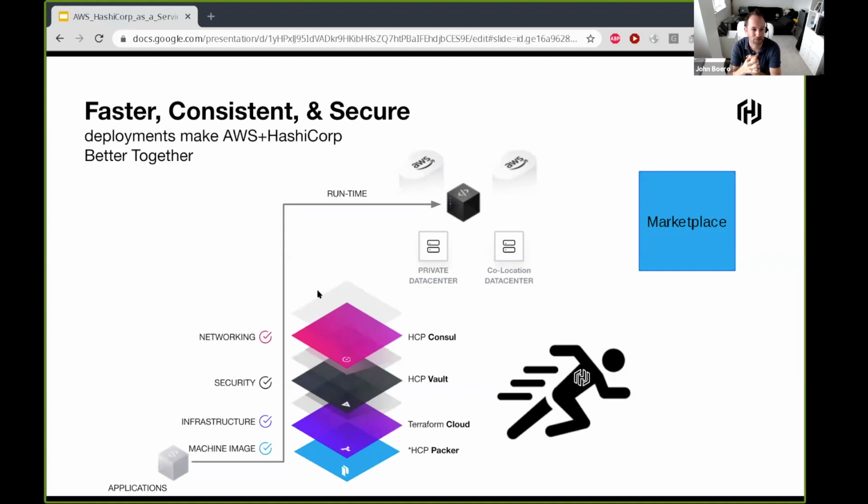So if you have ever used a PAM solution for privilege escalation, like give me access to this resource for half an hour, those are often targeted at IP addresses and finite resources that are traditionally defined in a data center, right? Boundary is great in that it gives you the flexibility to say, give me access to this cloud resource. Let me authenticate by an external method, and then give me access good for half an hour. This applies to things like SSH, database connections, whatever you might traditionally do with an SSH tunnel. But you don't have to worry about what the IP address is, or where the other endpoint is,